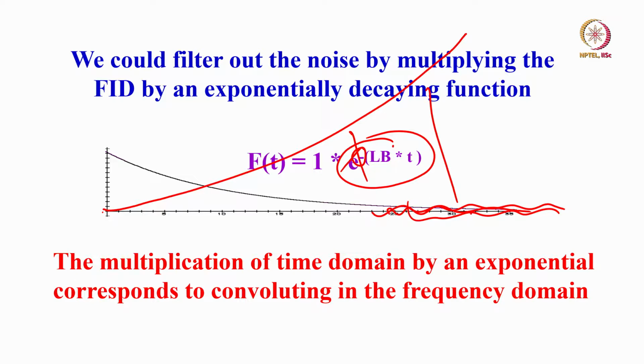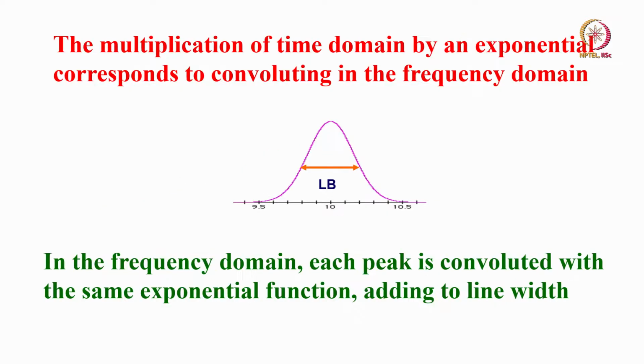The price you paid was the noise, a lot of noise came, but the gain is resolution. You get better signal, better resolution, a highly resolved spectrum. The line width gets reduced. So this is how you have to play with the window functions of your choice, either to increase the signal or to decrease the signal.